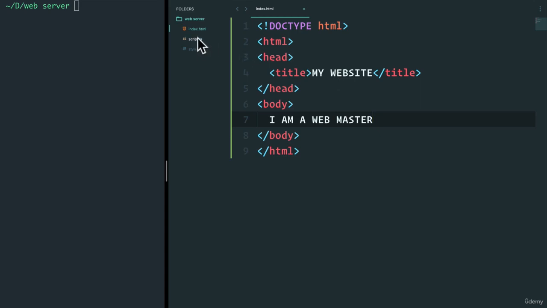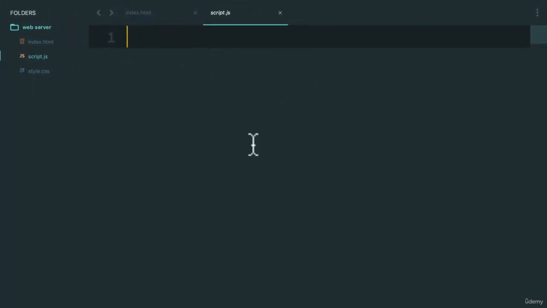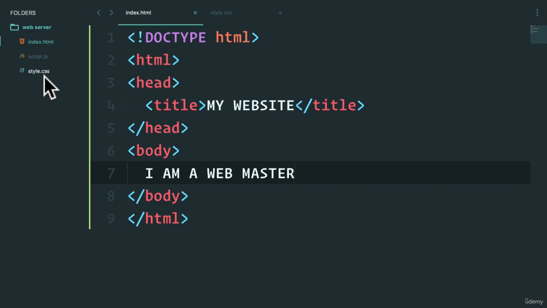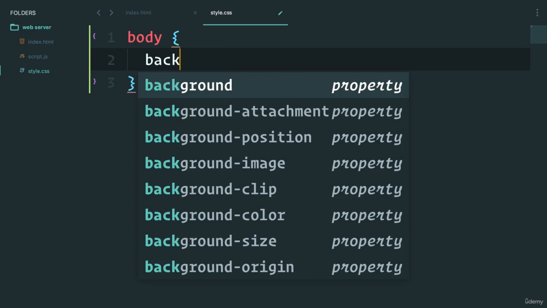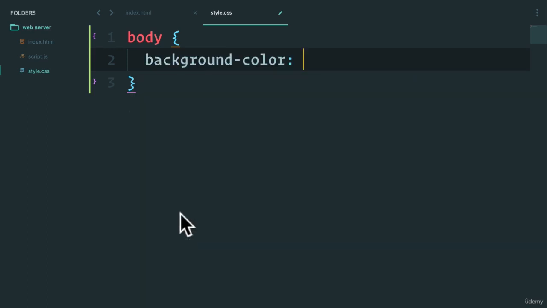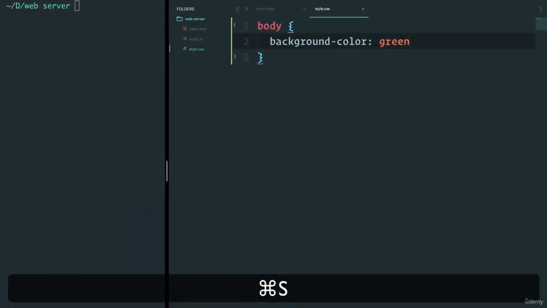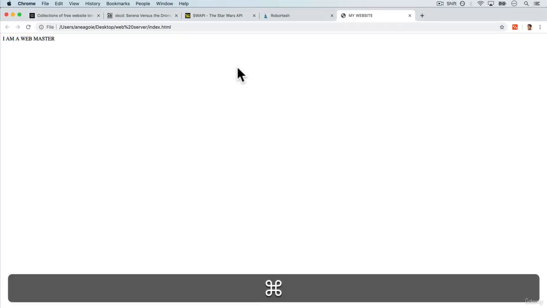Let's continue with CSS. CSS has a different syntax than HTML. CSS syntax goes something like this. We can give it what HTML element we want to add some styling to. In our case, let's say body. And I can say body, then curly brackets. And in here, I want to have background color. And we'll go with, let's go with green. If I save this and I refresh the page,